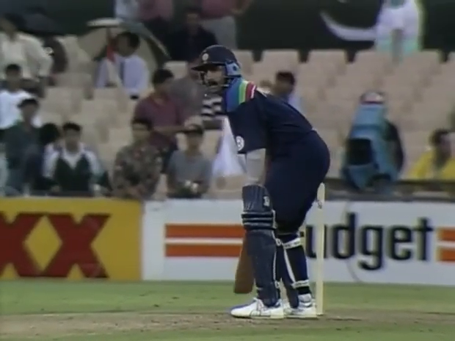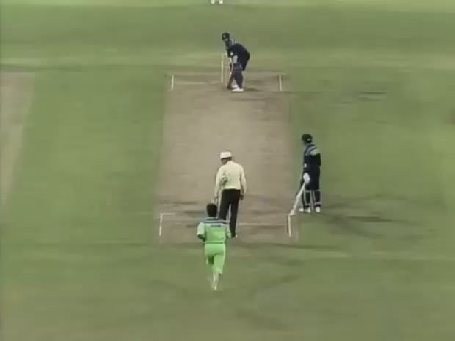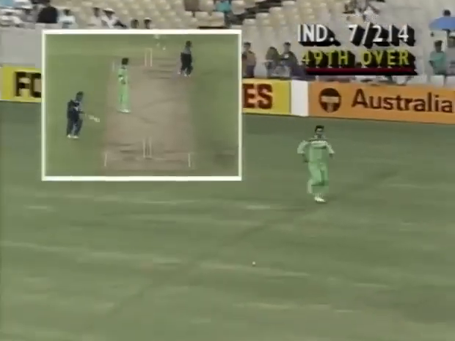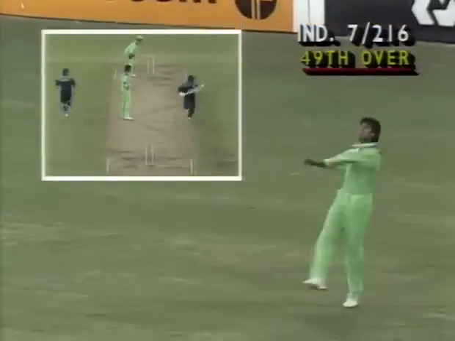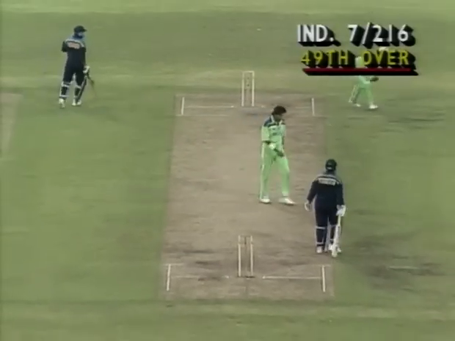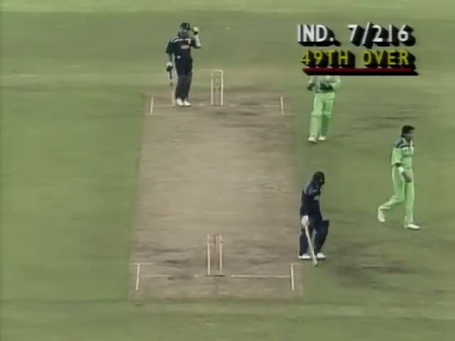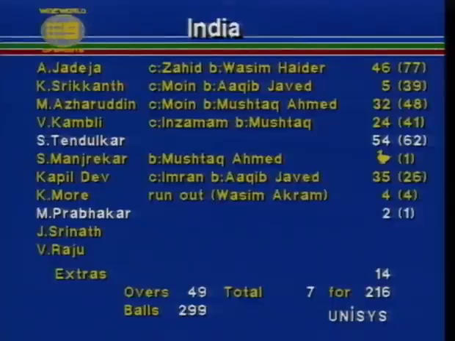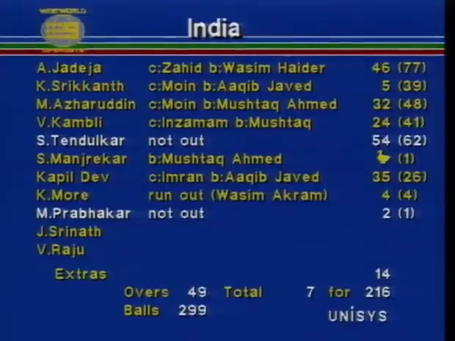As the Indian innings comes to a close, Prabhakar is the new batsman. So the clock ticks over to 6 o'clock, which means that they won't get the extra over in. This now becomes a 49-over game. India did pretty well there. At one stage it looked as though they'd only make just fractionally over the 200. As it was, this is the way their card finished at the end of the innings, 216, so I reckon there was a bonus there for Mohammad Azharuddin's side.